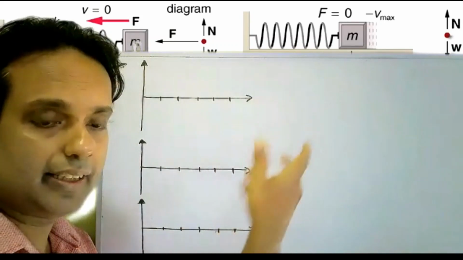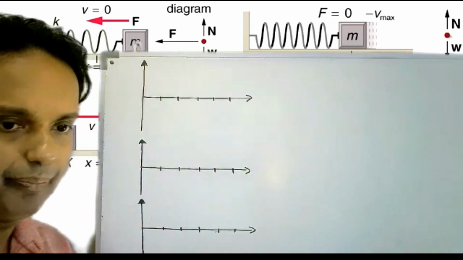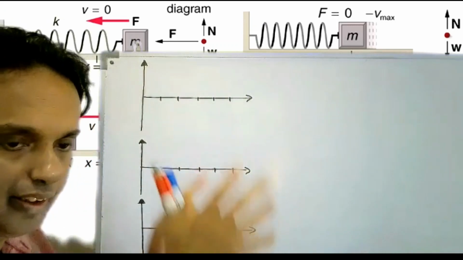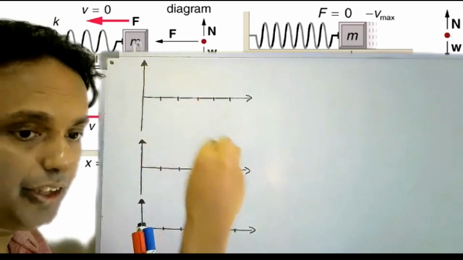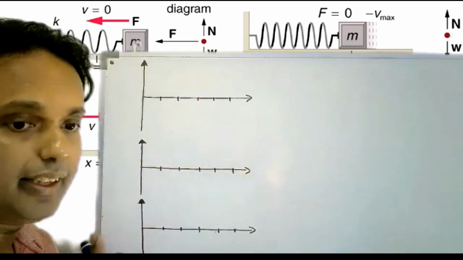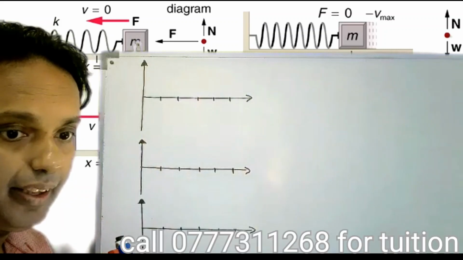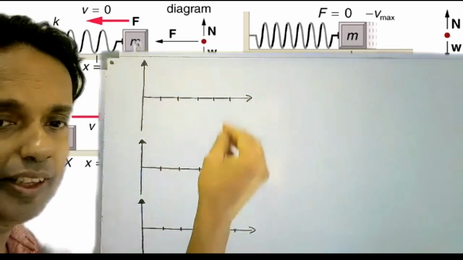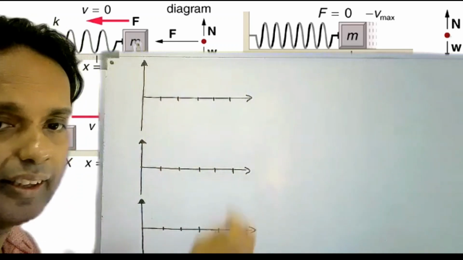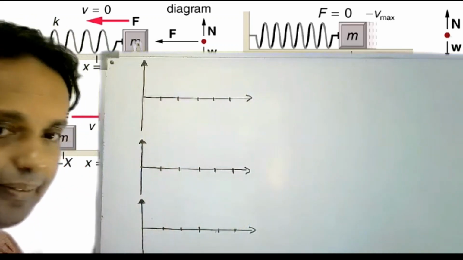Okay, now we are talking about simple harmonic motion graphs: velocity function, acceleration function, and displacement function. They are all curves. In simple harmonic motion, the displacement function is a curve, the velocity function is a curve, the acceleration function is a curve. Okay, the sine, cosine curves. But they are not that hard. Even a grade 2 child can learn this. It's very simple.